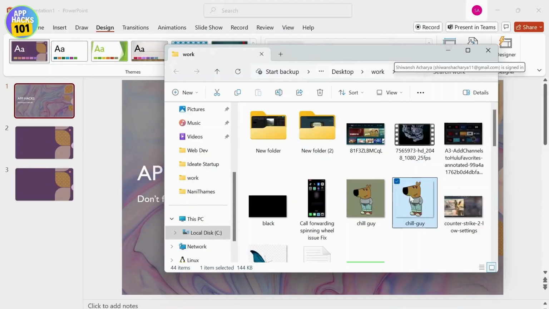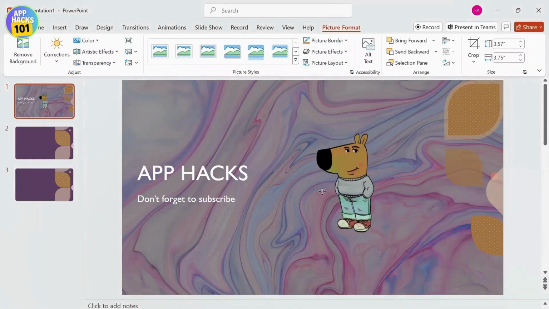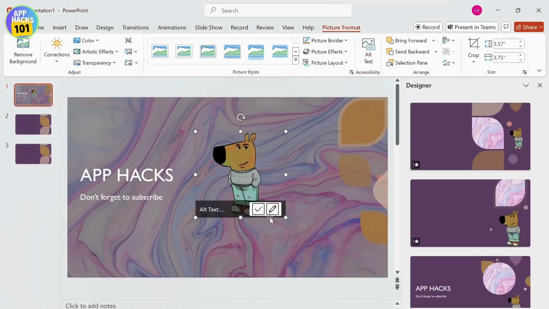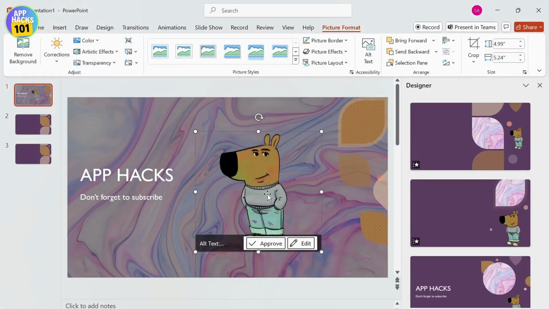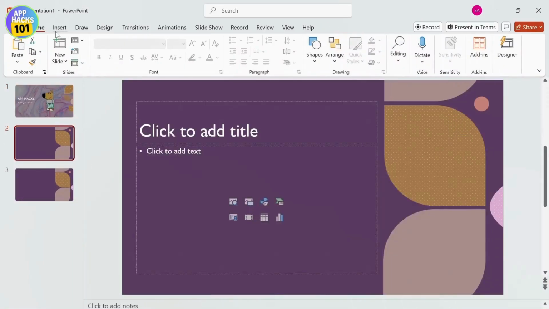Now to insert this, what you'll simply need to do is, first method is dragging and dropping it. So drag it and drop it, and there you go. You have just added the picture here. Now you can choose its size. You can set it up. It's up to you. And after you've done that, you can use the other method to download or insert the same